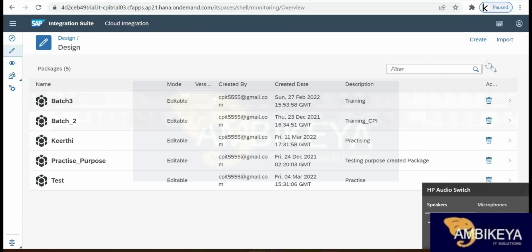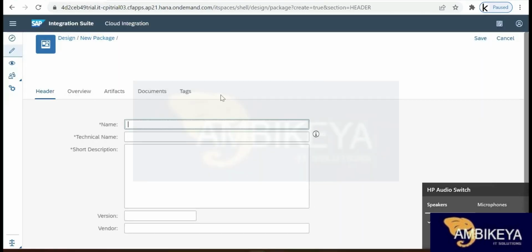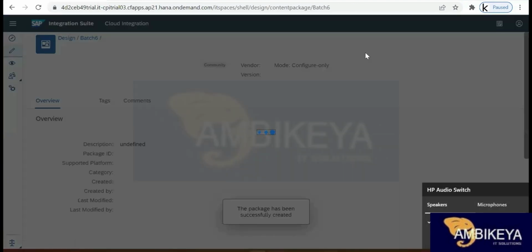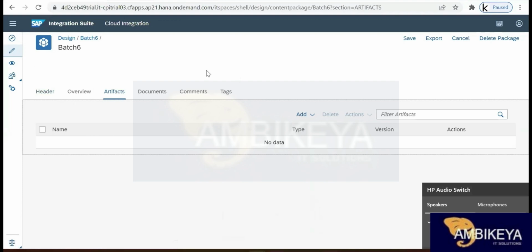So now I'll just create one batch. You can give any meaningful name. Just see, now I have created a package by the name batch 6 and given a description like CPI training. If you see in the artifacts, you will not have anything. So now what I'm going to do is